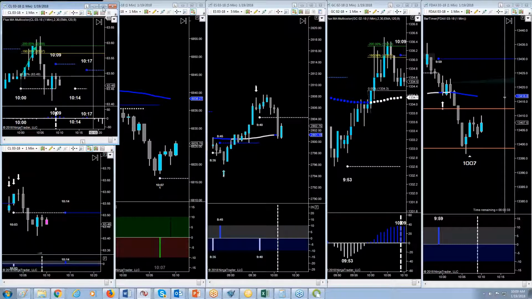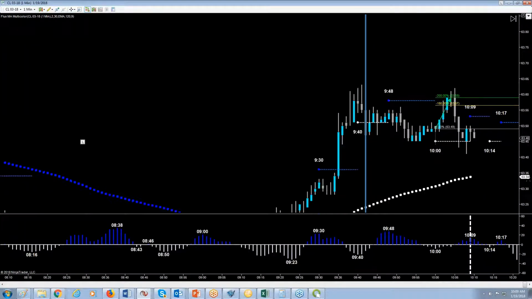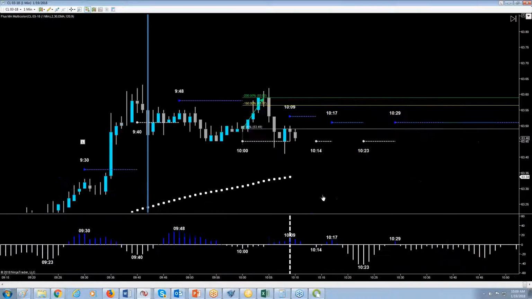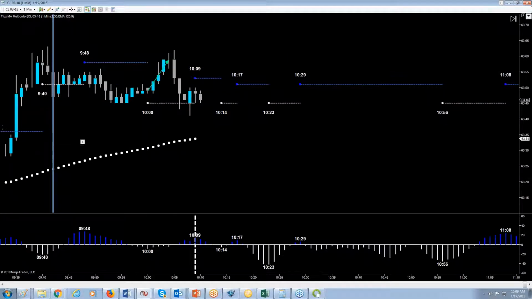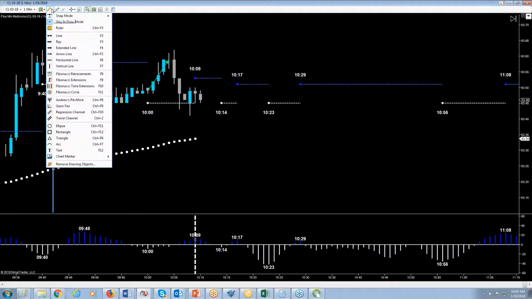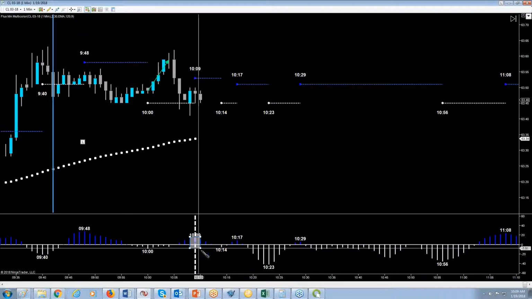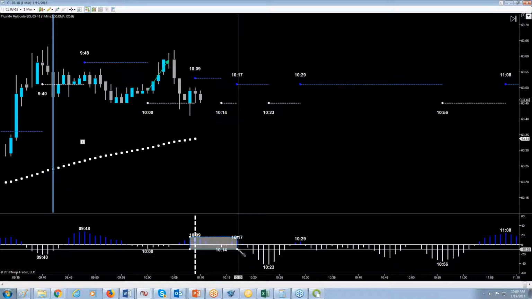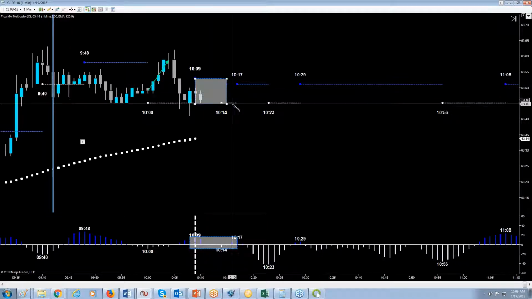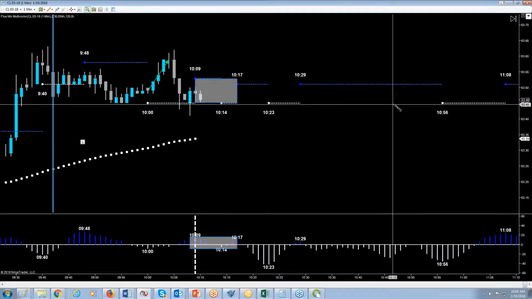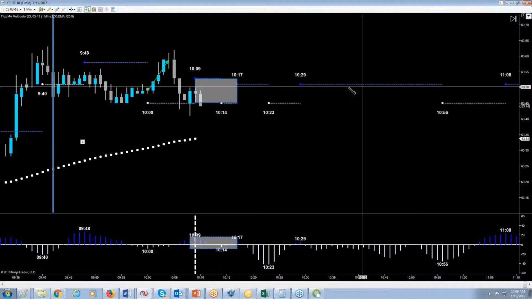Okay, if you're using Prime, you see that we're coming into a chop zone of sorts on CL right now. You'll see that the signals get smaller and they kind of come into a range right here. So 10:09 into 10:17, we might want to avoid in crude.